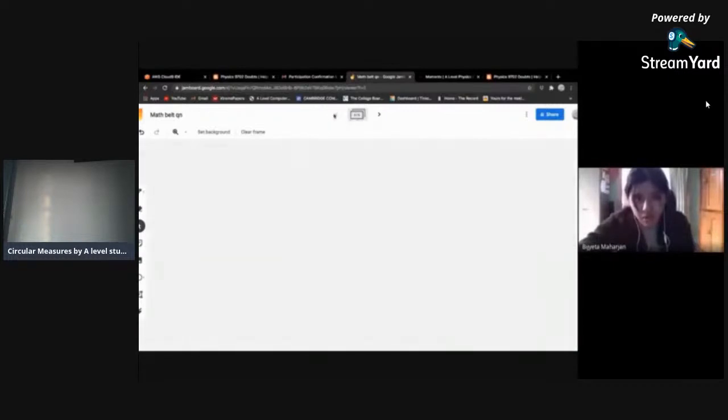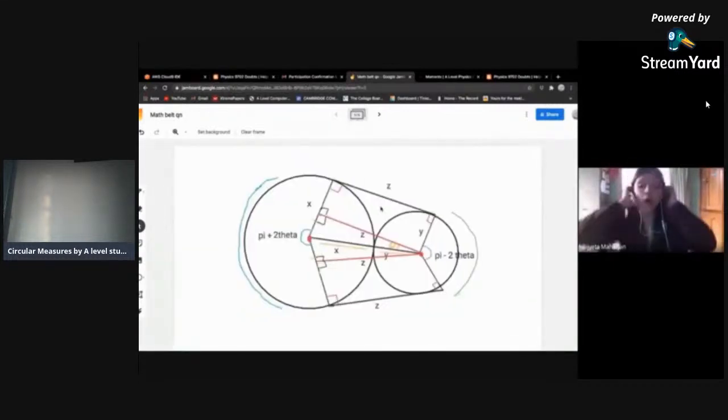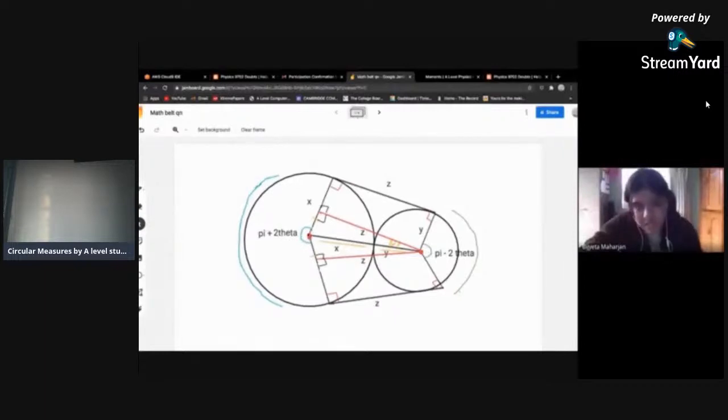Okay, so what we can do first of all is, in that question, if we see, this is a bigger circle, this is a comparatively smaller circle, and then there's a line running through the whole circumference, and then there are straight lines here, right? So even though the question gives this x and y as extra, we can take it in a way that's easier for us. Now we know that if we consider this as a street. Also, if you guys get confused in the middle, you may interrupt me because I don't really mind. Okay, so yeah,